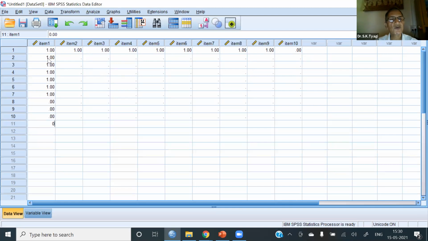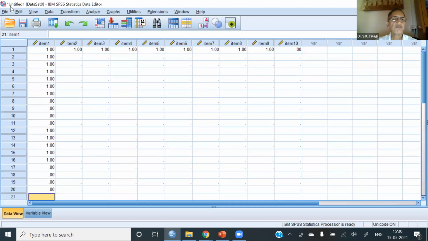Then 0, 0, 0, 1, 1, 1, 1. It is easy. Item 1: the first person has answered correctly, second, third, fourth, up to 7, then incorrectly, then correctly, then incorrectly. So I am randomly entering the data so that it takes minimum time.